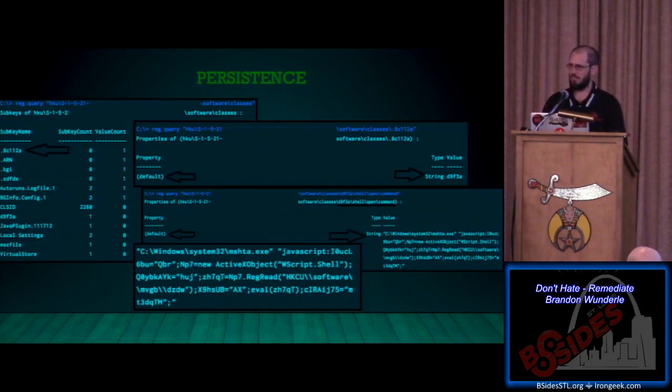So, persistence. This is a really busy slide, but it's the most important thing, because this is why COFTR is really cool. Have you ever downloaded a PDF without having Adobe, and it asks how you want to open it? Then you associate a PDF file with Adobe. When you do that in your user profile, it registers that .pdf is associated with Adobe. So in the registry, it says I know how to open a PDF now because it points to C:\Program Files, Adobe.exe or whatever. COFTR does this. The persistence mechanism is to set up a link file in the user's Programs startup folder. It says a link file to open this